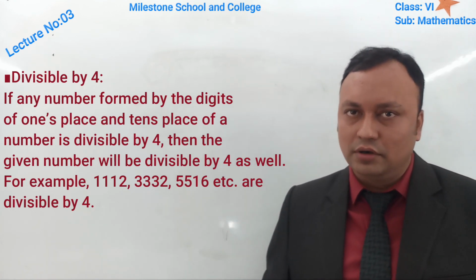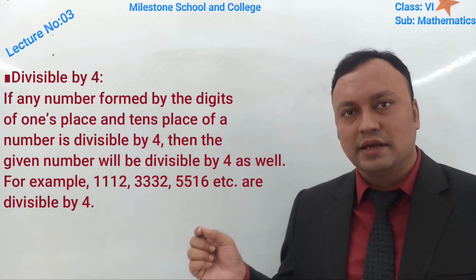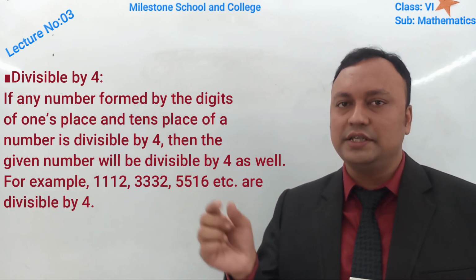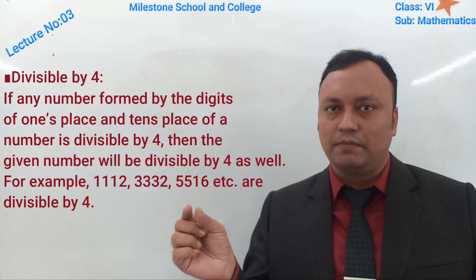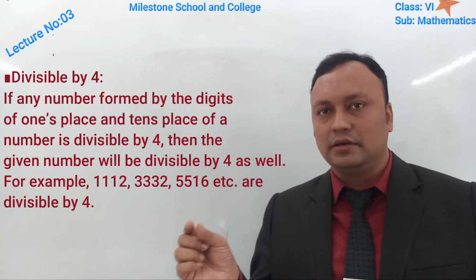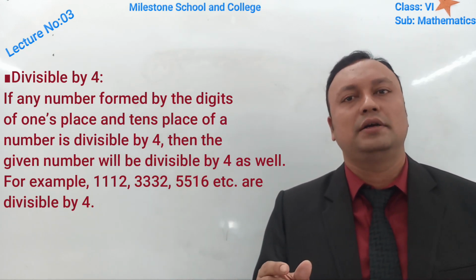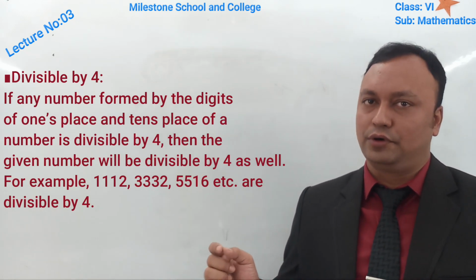As for example, 1112, 2 is the ones place and 1 is the tens place. So these two digits, 12, if it is divisible by 4,